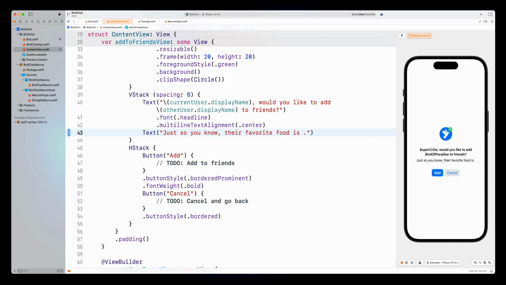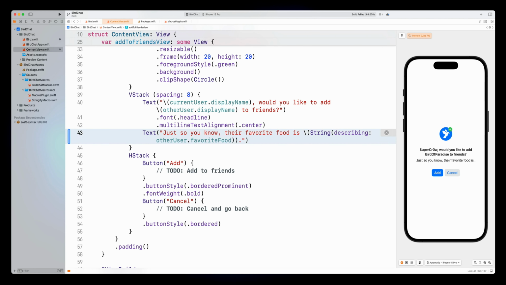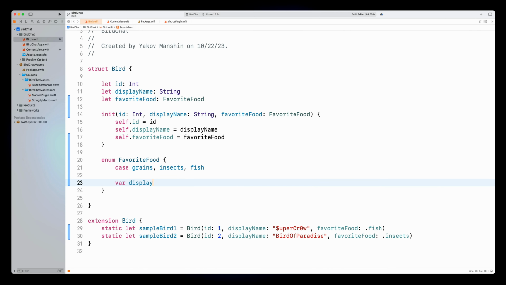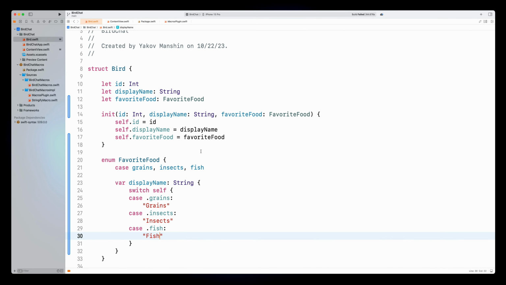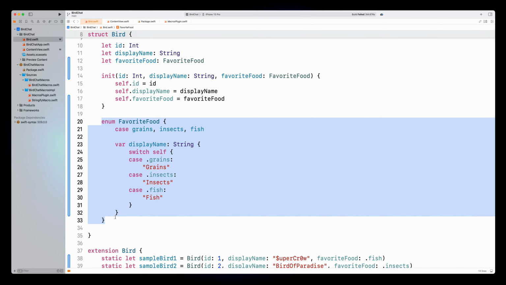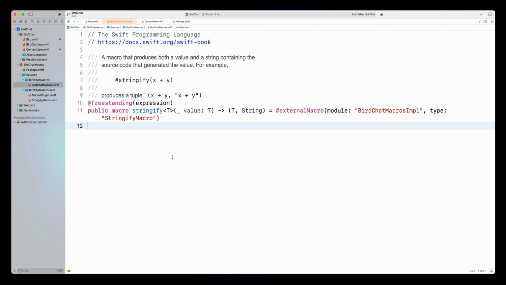I'll need my enum to have a separate display name property. And as I'm adding it, you can see how much boilerplate this creates. What started as a 3-line declaration now has each option declared multiple times. So if I need to add, remove, or rename a case in the future, you can imagine how easy it is to make a mistake. Instead of doing all this, I'd like to just type a list of display names and have an enum generated for me behind the scenes. This is something I can easily do with macros.